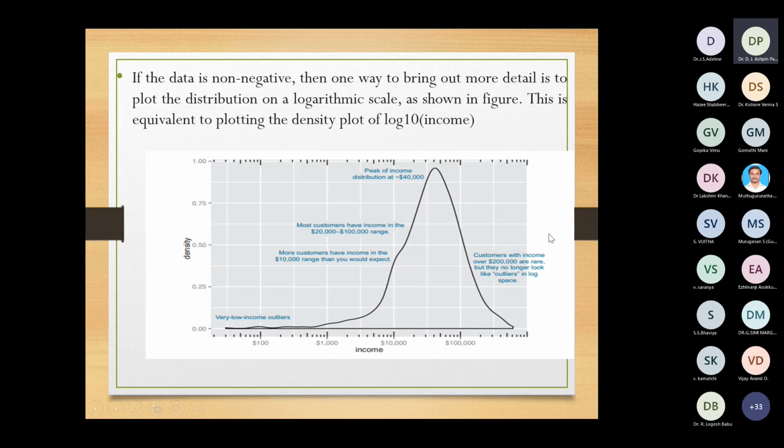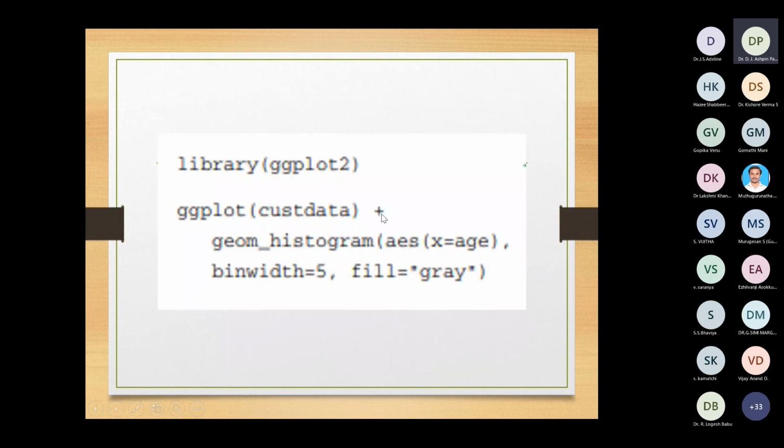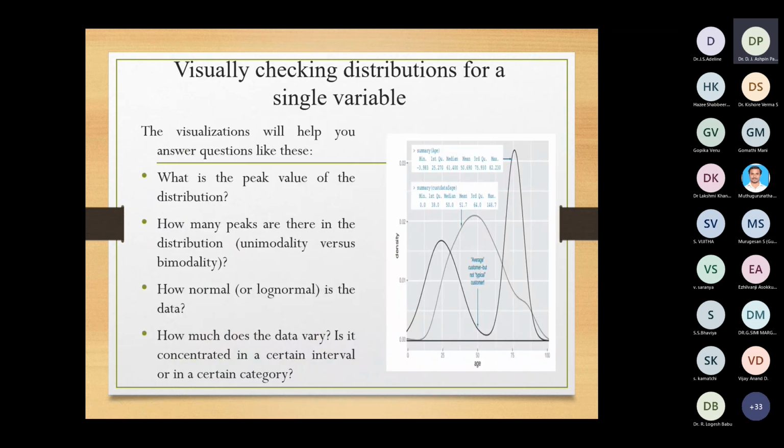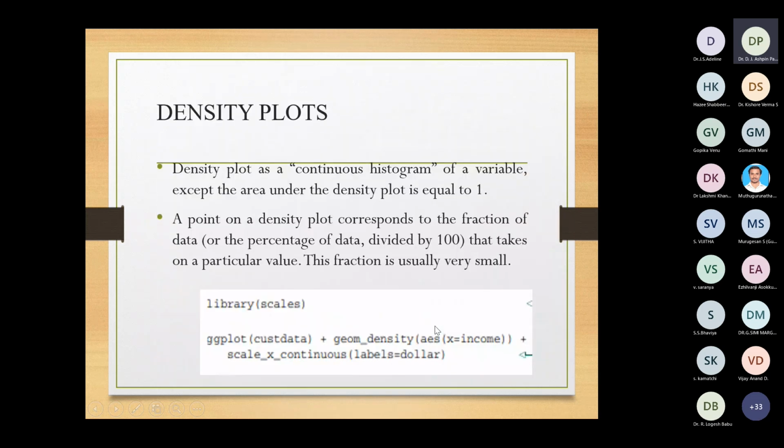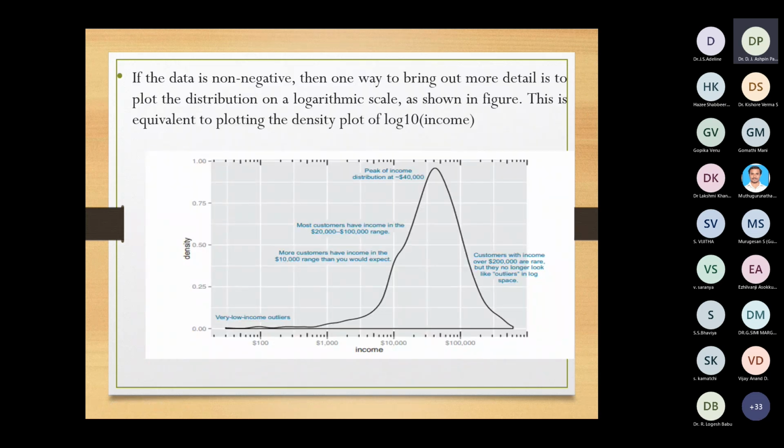And if the data is non-negative, then you can, because when you see here in the density plot, exactly here you cannot see. Suppose you want to see the value at the data point here, exactly you cannot count it. Okay? In such cases, what you can do is go with the logarithmic scale. Right, you can go with the logarithmic scale, so exactly you can see what is there at that particular data point.